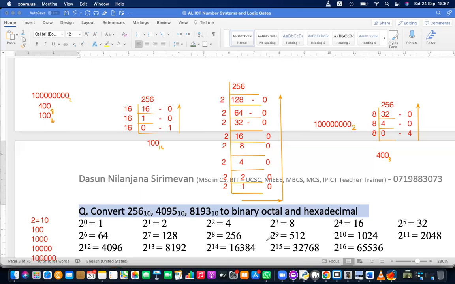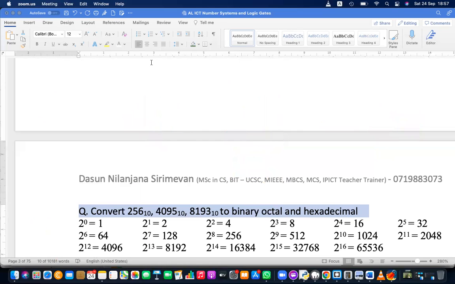Okay, somebody says 2 to the power 11. If somebody says 2 to the power 11, how to write that? It's easy. So let me erase all these things. Somebody says 2 to the power 11, then it's 1 and 11 zeros. 1, 2, 3, 4, 5, 6, 7, 8, 9, 10, 11. Then to do octal,